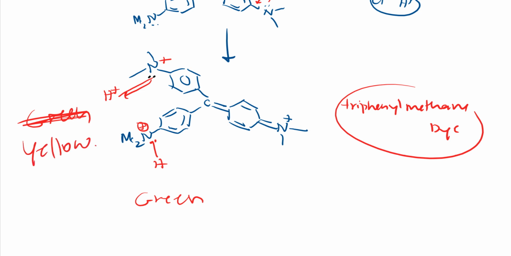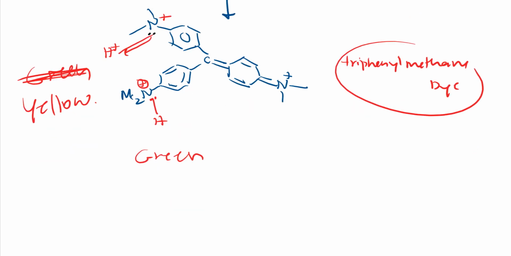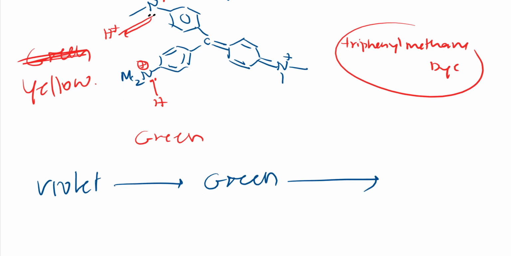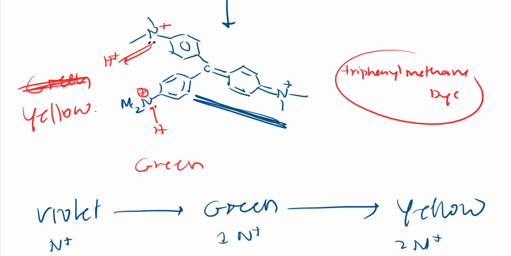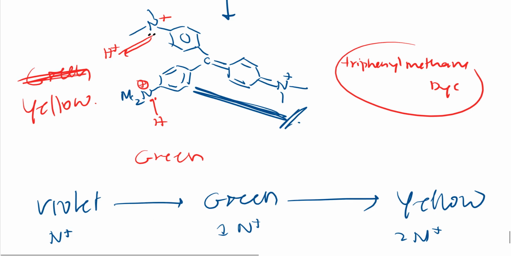right? So what happens, initially the violet color or purple color, if I add a weak acid, it converts to green because nitrogen gets positive charge, right? Further, if I add strong acid, it converts to yellow, as both nitrogens get positive charge, right? Here both nitrogens get positive charge, two nitrogens, here one nitrogen gets positive charge, here one nitrogen will be having positive charge, because this exists in a quinonoid structure, right? Paraquinonoid structure we call, because of which it will be colored, right? So because of which it will be having one nitrogen plus only initially.